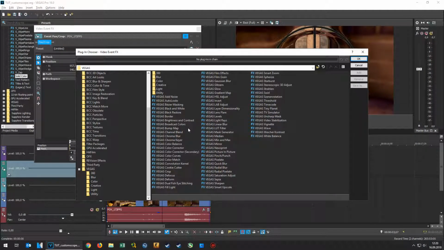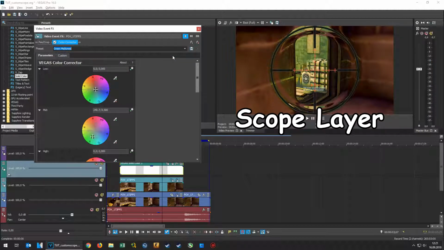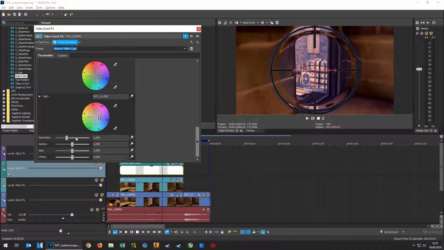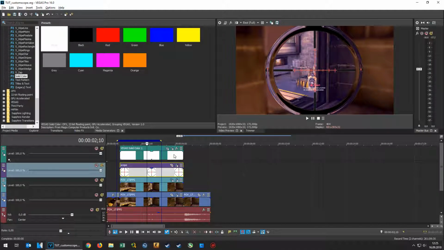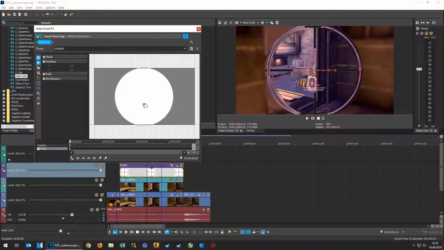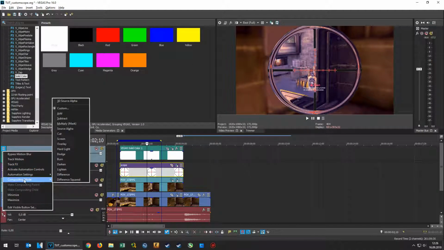So the last step will be some fine-tuning by adding color correction to your segment of the inner area of the scope. As you can see here, if you apply color correction to our scope segment, it will only apply to a limited space within the scope. This is because we have two masked areas within the white space of the height map. So if you enter the height map again and remove the inner circle of the height map masking, you will see that the color correction is applied correctly,